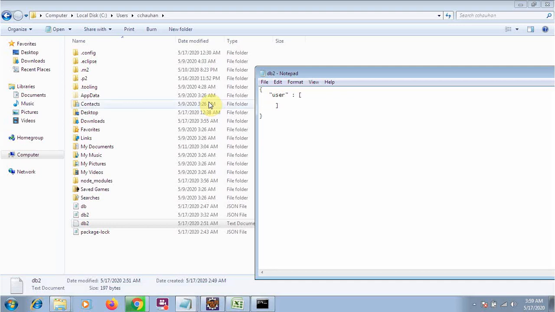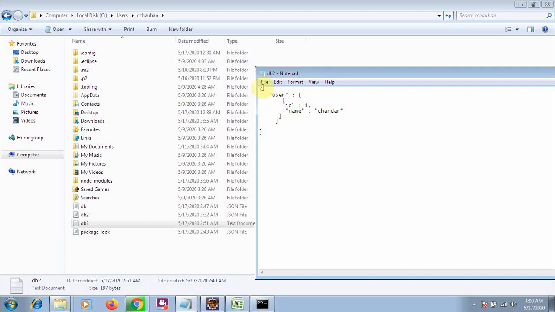In the last line we do not put the comma, always remember. Then inside this make braces like this one. For example, I want to give the id, give it id and value like 1. Now suppose I want to give one more thing like a name, and I want to give a string value, so I will say Chandan. This is the last line, so I will not put the comma here.